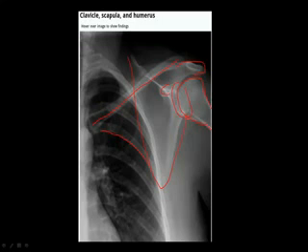So you must try to trace all the bones. You must trace the bones, like how I draw. Bones must be traced. So it's a normal structures to be seen. This is clavicle lateral end. This is the acromioclavicular joint. This is shoulder joint. These are the normal structures which can be seen on a normal chest X-ray. So this is about X-ray chest.